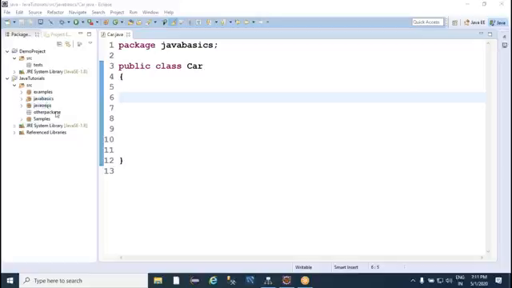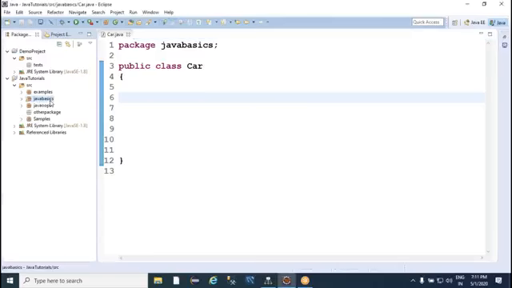Well, friends, okay. In the last session, we learned about creating methods and calling methods and everything. And today, let me introduce you to another small topic,